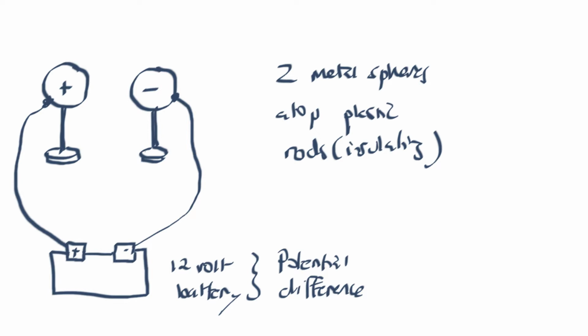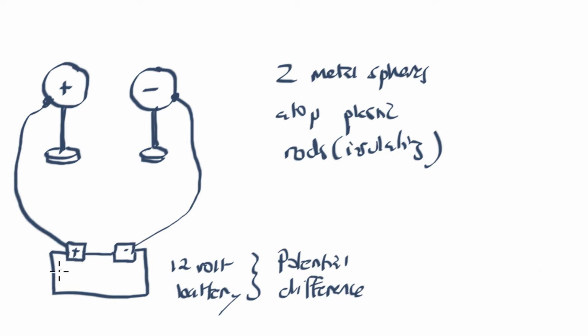The battery is producing an electromotive force by virtue of its voltage. That electromotive force is, as the name might suggest, trying to move electricity. So it's pushing positive electricity onto this ball, and it does so up until there's equilibrium reached. In that case, when this left sphere gets to be a high enough voltage, eventually this electrical current stops flowing from the battery over to the positively charged sphere.